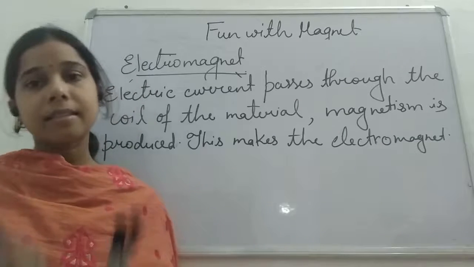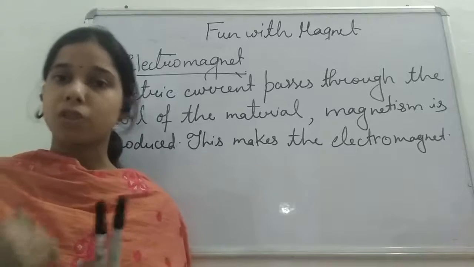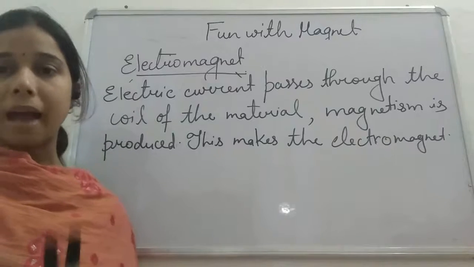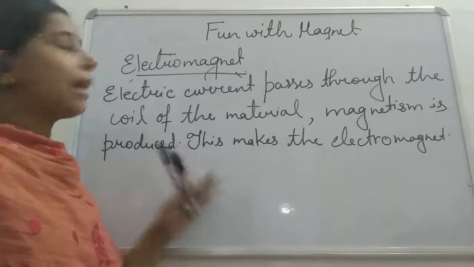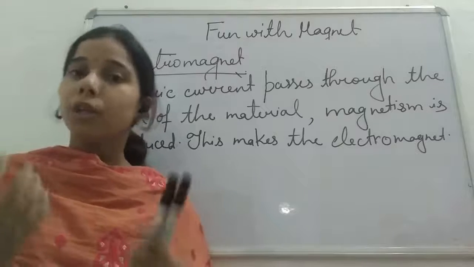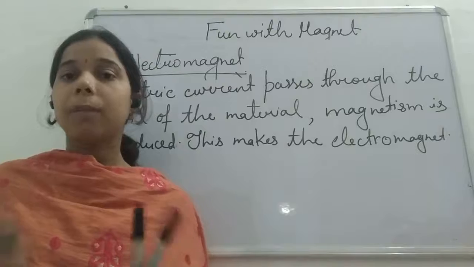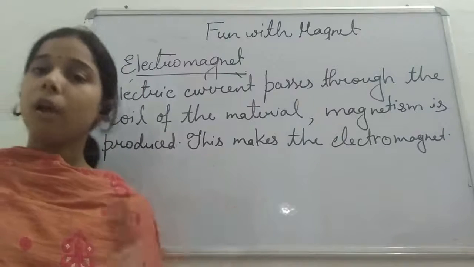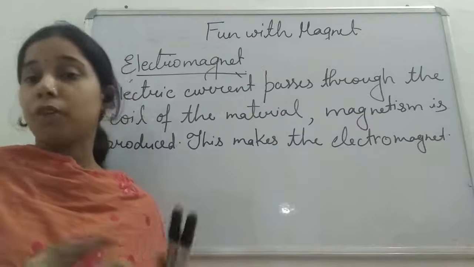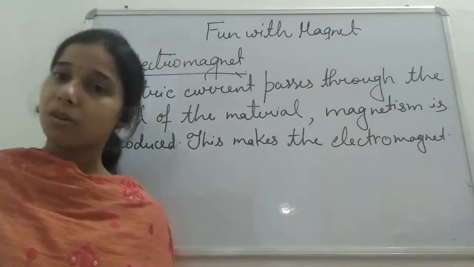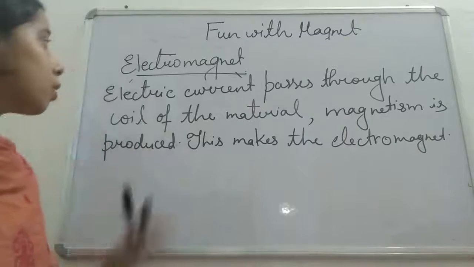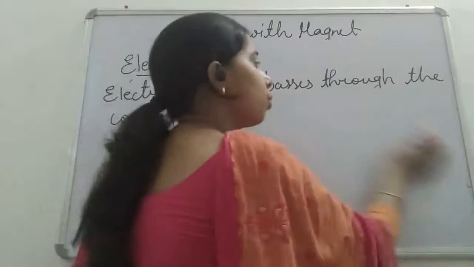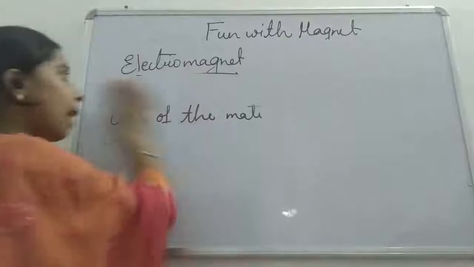Okay, so as the supply of the electricity gets stopped, the magnetic property of this electromagnet will start losing it, or we can say the property it will lose. Okay, so now it will not be an electromagnet. It will not behave like that of the electromagnet, students. As soon as you are applying the electricity to it, it will behave like a magnet.